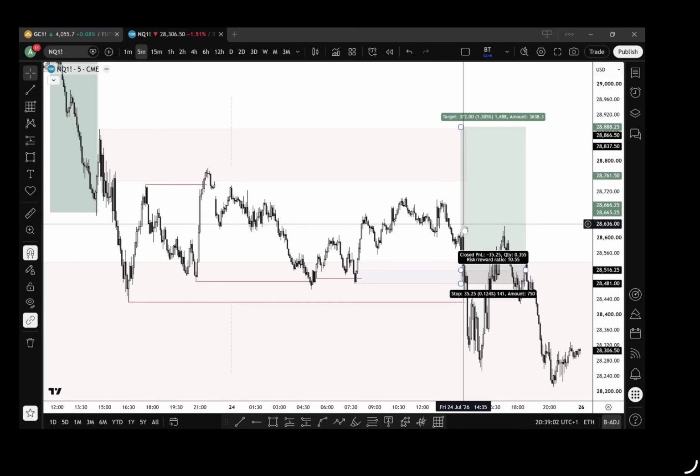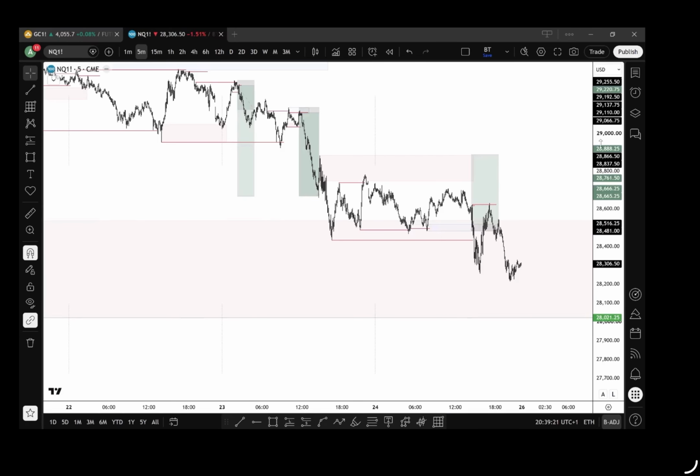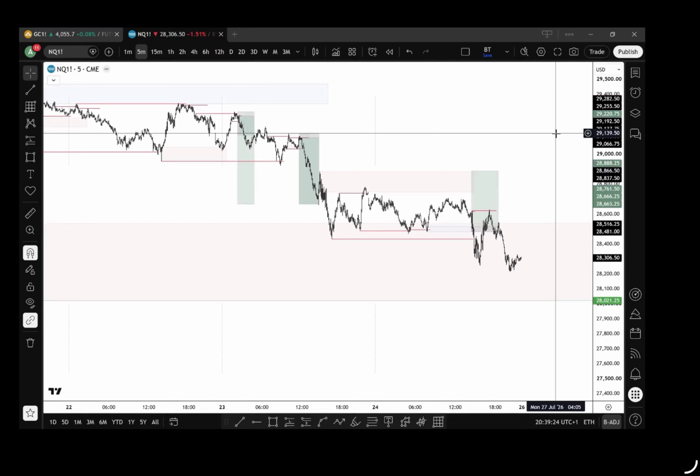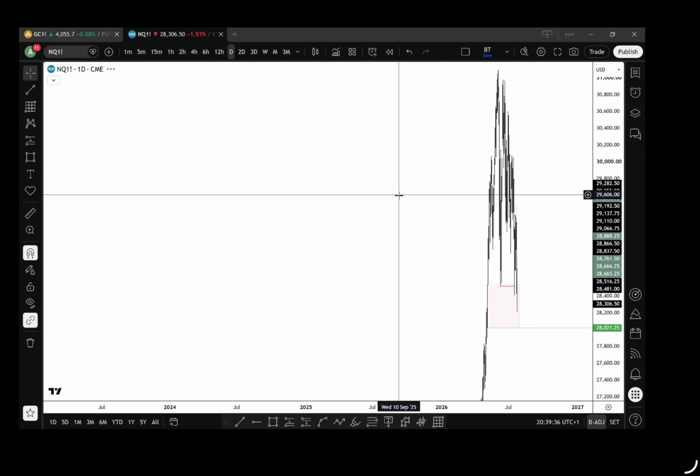And we then had this move lower. So I am expecting us to open, spike these lows, 28021.25, and then have some form of a bullish move to take out these internal highs. We've got so much liquidity to the upside, it's unreal. Yeah, look at this trend line. So yeah, let's see what NQ does.